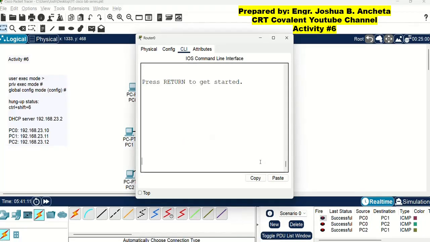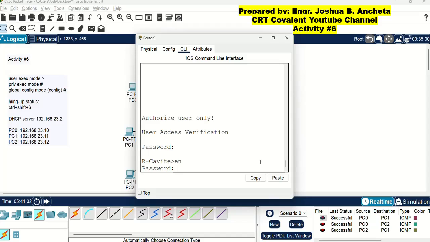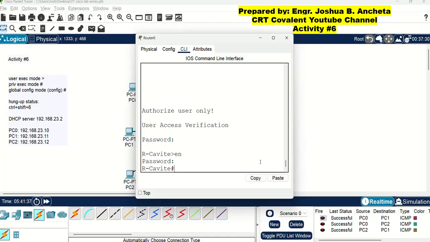You already have the welcoming message, authorize user only. To continue, let us now save our work. But before that, we have to enter the password for the user executive mode. So enter your surname because we set that as our surname. Then enter the enable command to enter the privileged executive mode. Then our password is our first name for this activity. Type the password and then press enter.